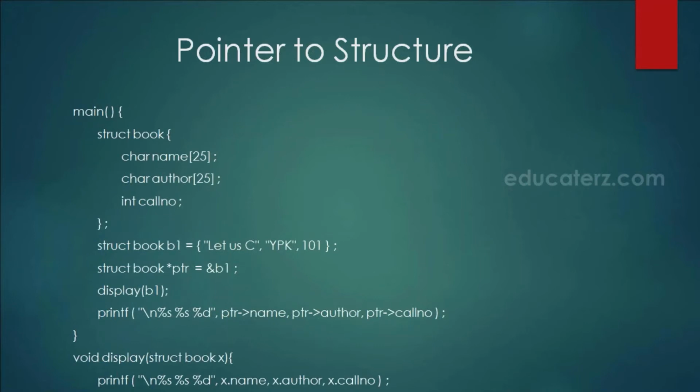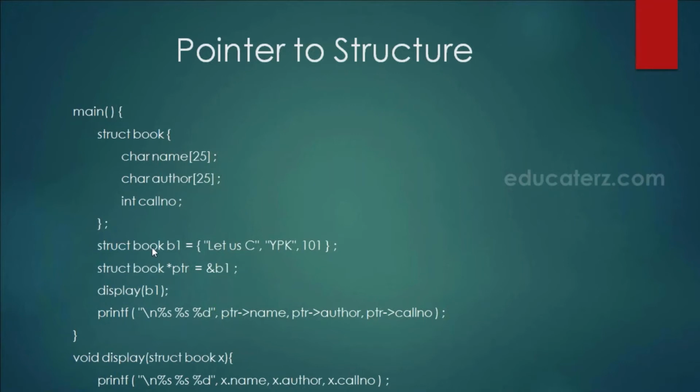Like in this example, it is given how to use it. Using the arrow operator we can refer to the members. If we want to use ptr, that is a pointer. So again we have declared this structure, initialization is done, then a pointer is declared which is holding the address of